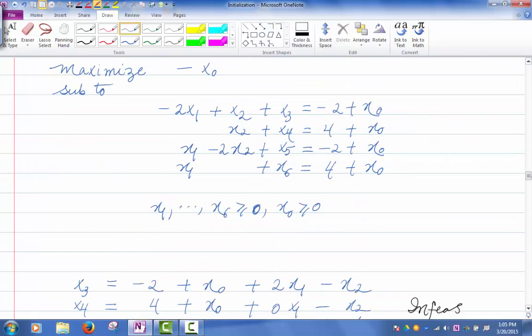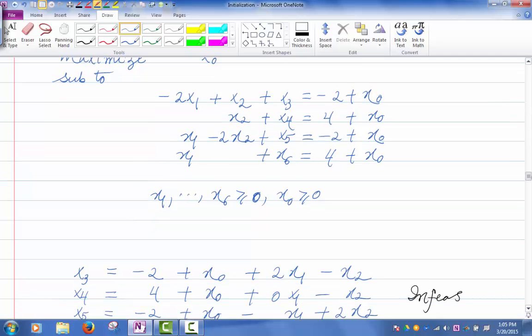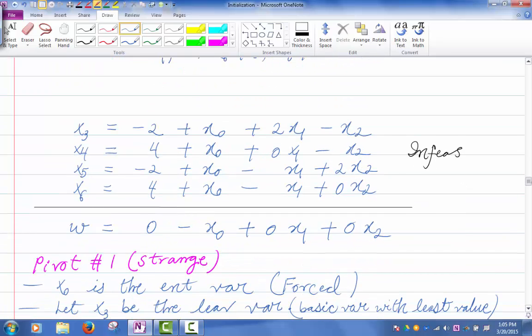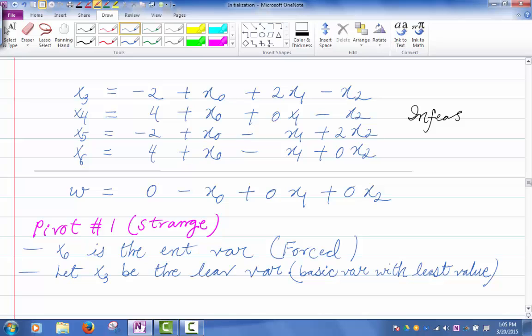And let's see, where is the initial? Here is the initial dictionary of the auxiliary problem. Okay, in the auxiliary problem, what's the objective? Objective is maximizing negative x0. Now remember what we said. One thing you need to remember is